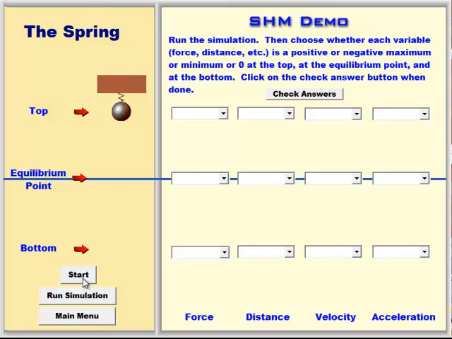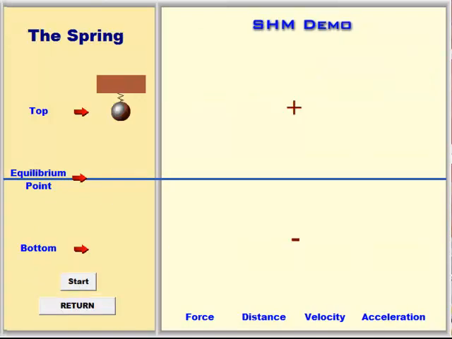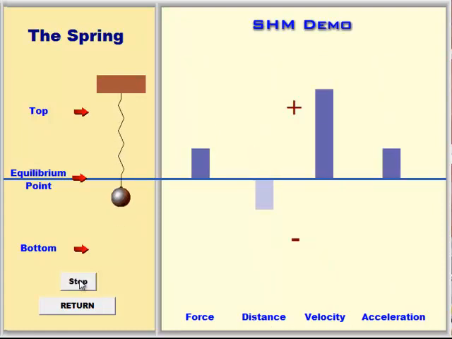We can start, and you can see that typical simple harmonic motion, the object goes from one endpoint to another with an equilibrium point in the middle. You can also look at the force, the distance, the velocity, and the acceleration, and see how they change and stop it at any point,